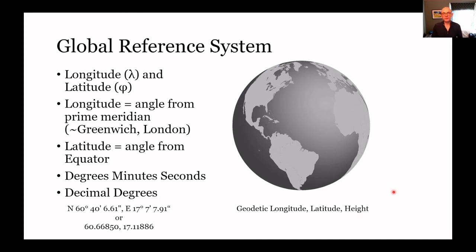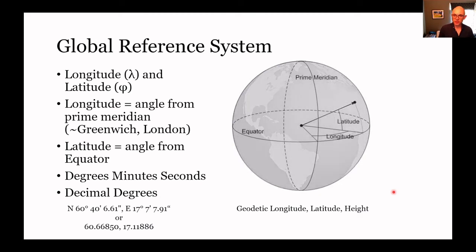Then we have our global reference systems. These tend to work in a slightly different way. The geodetic systems that are used to reference everything on the surface of the Earth, generally speaking, will be using angles rather than linear distances. They will be using angles of longitude and latitude, plus maybe a height as well. So we find our position on the Earth, we define it as being a particular angular distance from our starting point. And we have the equator, which is a natural kind of line defined around the Earth.